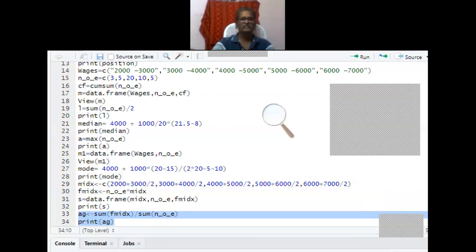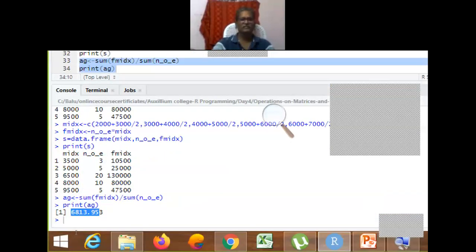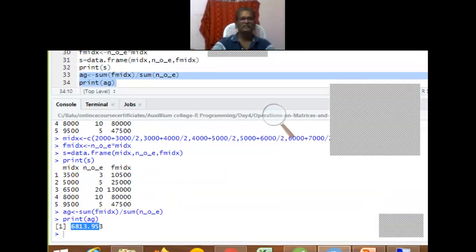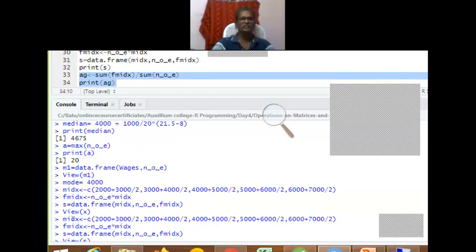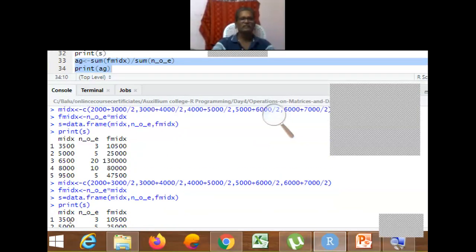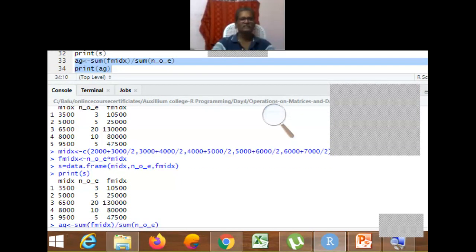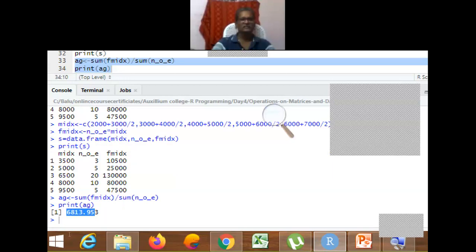So the mean is 6,813.95. And we calculated the median. The median for the same data is 4,675. But the mode is 4,000. But the mean we are getting is 6,813.9.